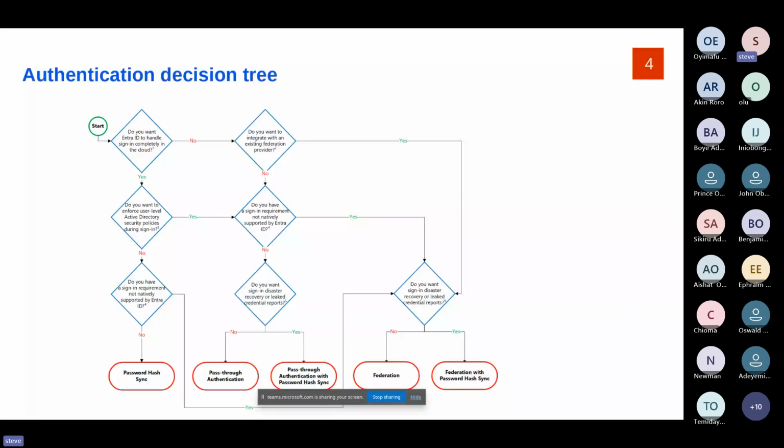So now, how do you know when to use each of these authentication options? This decision tree gives us a brief overview of when to use each authentication option. From the start, the first question is: do you want Entra ID to handle sign-in completely in the cloud? So if you want Entra ID, which is the cloud environment, to handle the sign-in completely in the cloud,